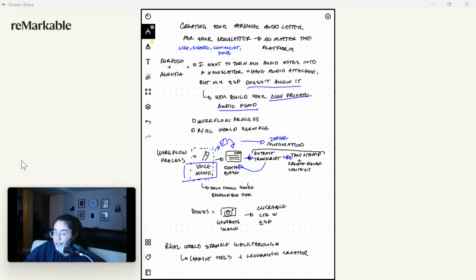So she's also really great at doing this. If you wanted to, there's a bonus thing which I do, though it's not necessarily required: if you want to generate a specific image for the audio letter things that you do, and create a personal image for that, you could definitely do that. What's really great is that when you create a personal image, all people have to do is click the image, and then they're directly sent to your audio file, which is amazing. I'm going to walk you through a real world example of how I do exactly that.